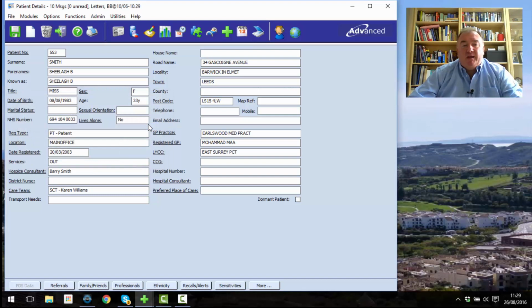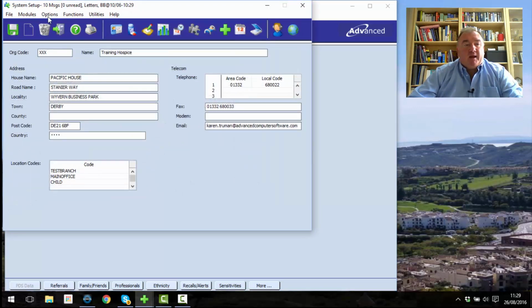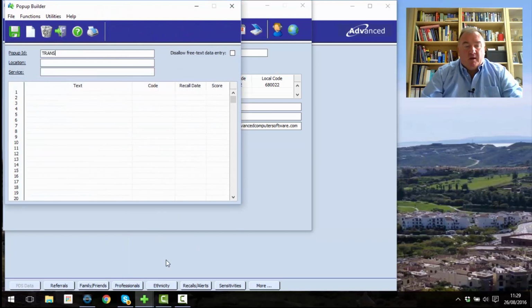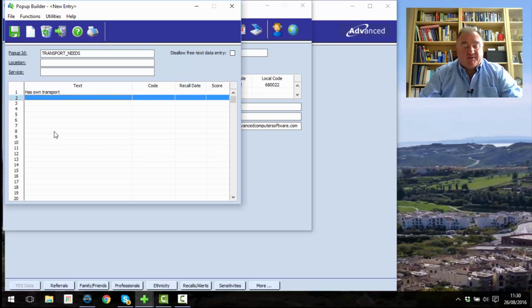But where Crosscare really helps you standardize on your data entry is it lets you add pop-ups to anything. So if I go back and create a new pop-up, but this time I'm going to call it transport needs. And what I need to do is swap spaces in the prompt on the screen for an underscore. So if I call my pop-up transport underscore needs, then it will tag itself automatically to the prompt label on the screen. So my options for this might be has own transport,